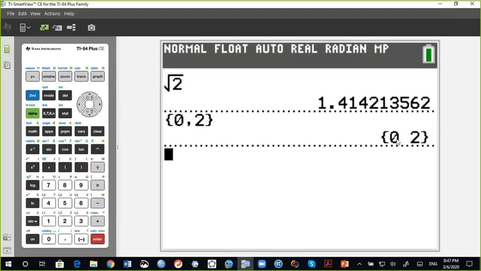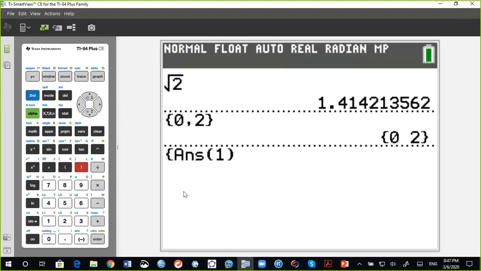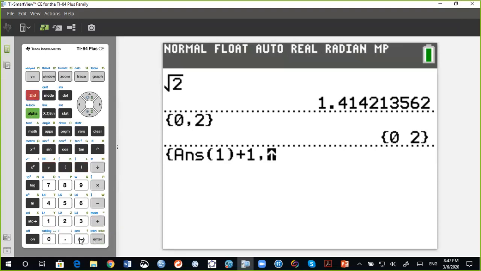And this is our initial value, which will be used in the Babylonian method. In this case, we're going to again use braces. We're going to recall the first value, which is the number of iterations. We can recall it as the first value of the answer and add 1 to it. Then we're going to recall the actual initial value of the square root of 2. And as we said, using the recurrence formula offered by the Babylonians, we are going to divide it by 2 and then add the reciprocal of it.